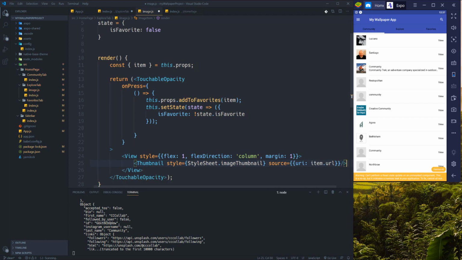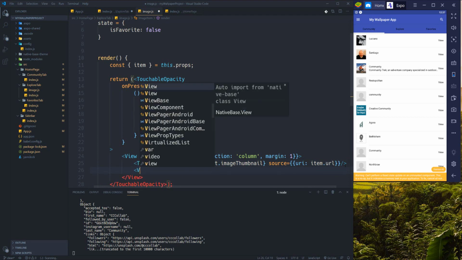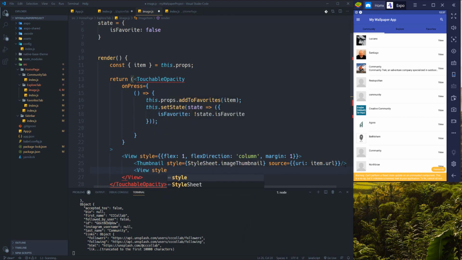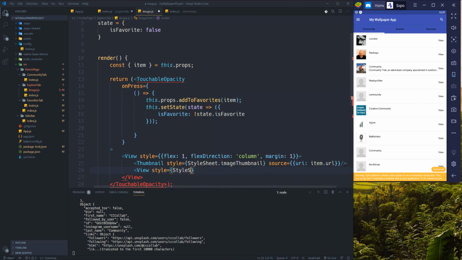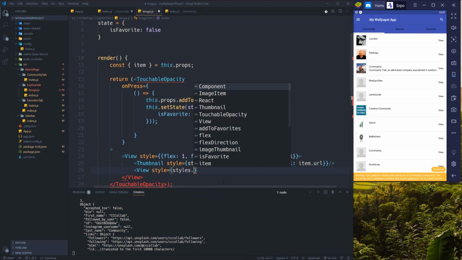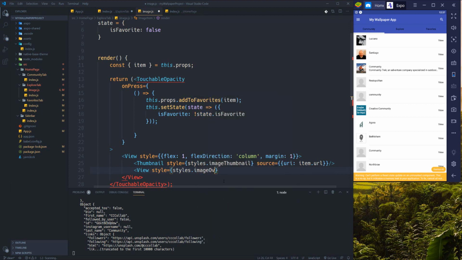Let's close our thumbnail, and I need another view, style styles. Why styles? Because we haven't written it yet. My VS Code cannot actually work well with this situation. Image overlay. I will explain to you what I'm doing here. Let me first write it,